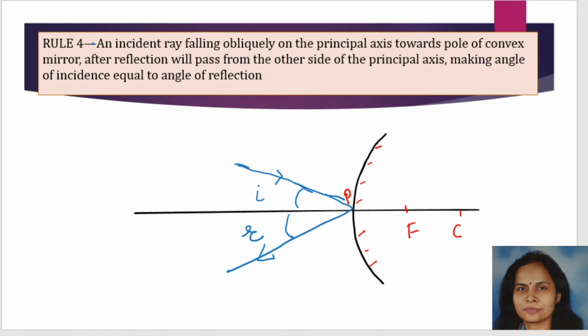But in rule number 4, you can see that there is no specific point. Suppose this is your angle of incidence, this is your incident ray. After doing this, any student can make a reflected ray in this direction, or in this direction, or in this direction also. But which direction is correct? This one is correct. Why? Because with a protector you will see that angle I must be equal to angle R. No other direction is valid, right? Which direction is valid? The one in which the angle of reflection is equal to angle I. Only that arm is valid, right?